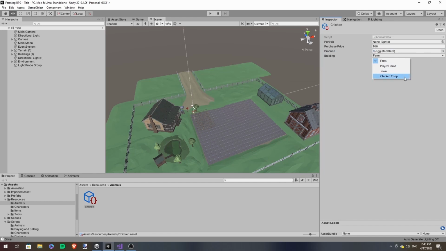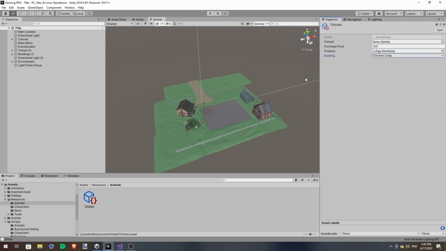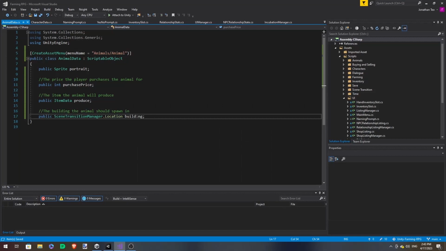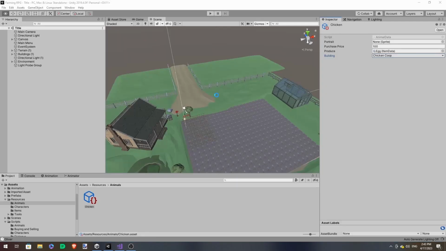And it should spawn in the chicken coop. How about instead of calling this building, call this location to spawn. There.